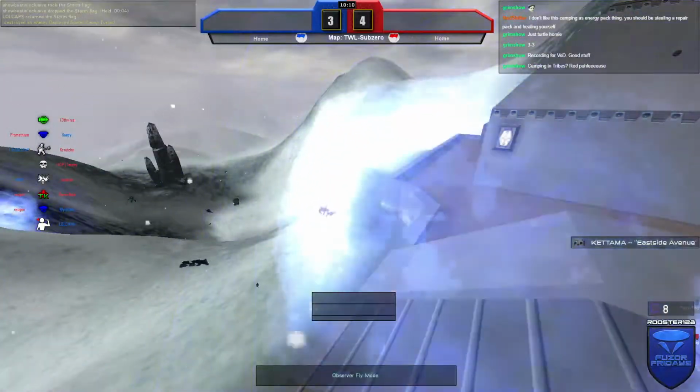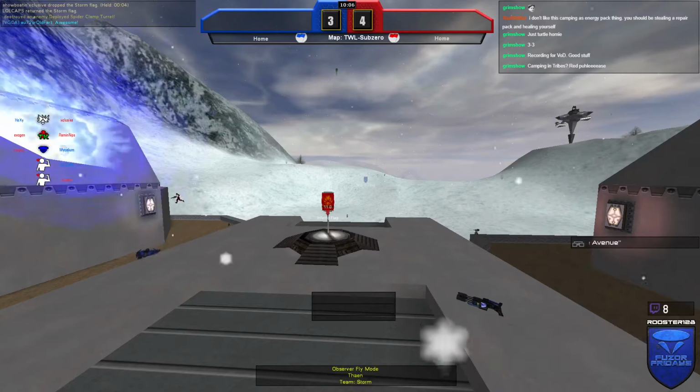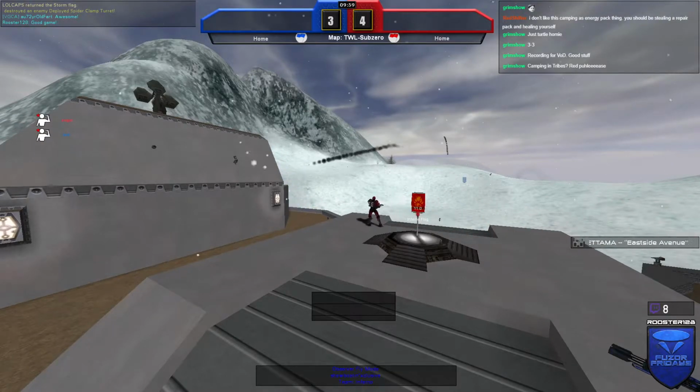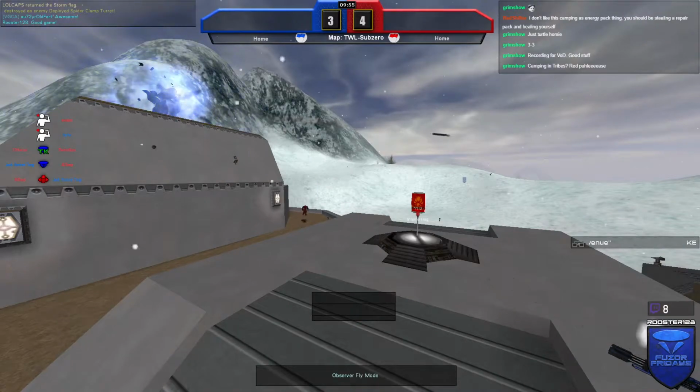defense. That was a beautiful return by LOLCAPS. Awesome return from Caps. VG right there. Yeah. But it's really that having the enemy flag is the best defense in a way, because